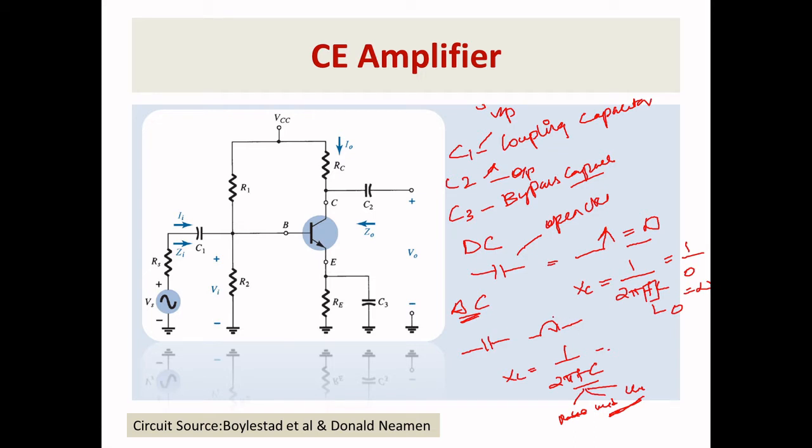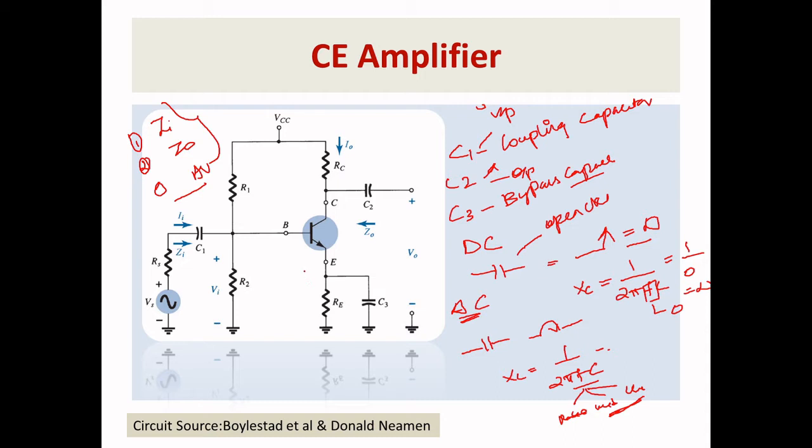Okay, because of the low impedance offering when it is in the AC analysis. So that is an impact you want to study here. Then you can see you have a source resistance, then you have a source signal, that will be amplified here in the source output. So you want to see what is the voltage gain. Actually, what we will be deriving in our session is input impedance, output impedance and voltage gain. These are three parameters which we will focus on in your derivation and problem finding.